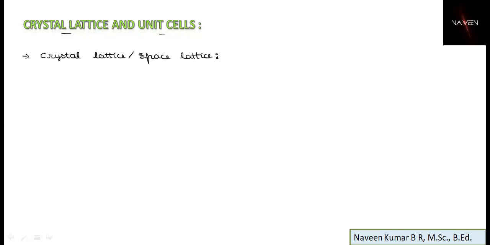Now, in understanding the structure of solids, we are assuming the solid particles as hard spheres. We are going to understand the structure of the constituent particles in hard sphere form. We'll learn in detail their one-dimensional, two-dimensional, and three-dimensional arrangement, and see how the constituent particles are arranged in space.